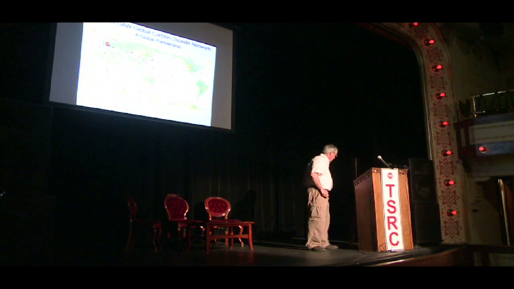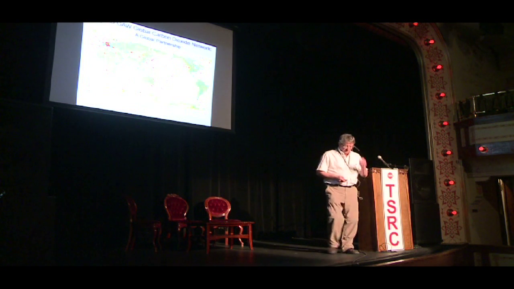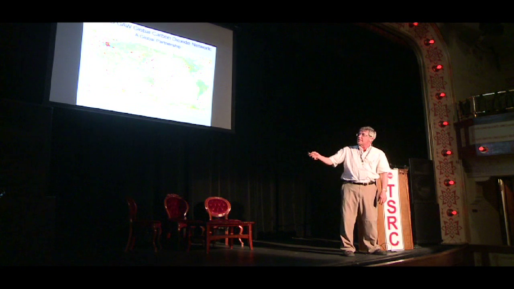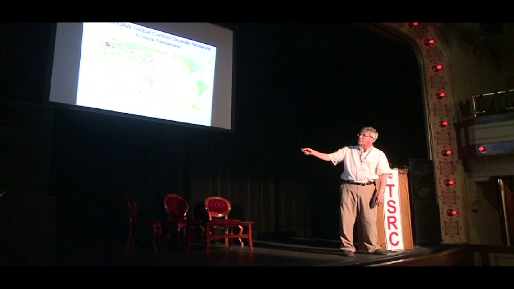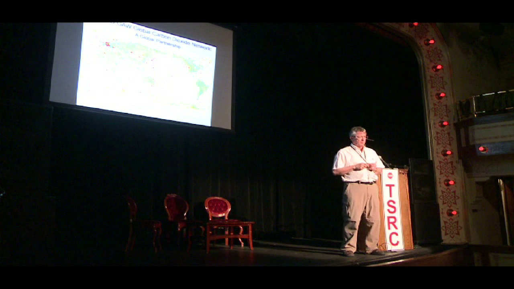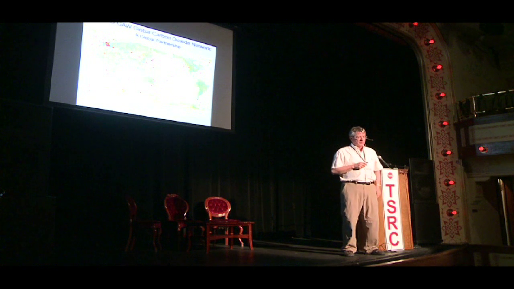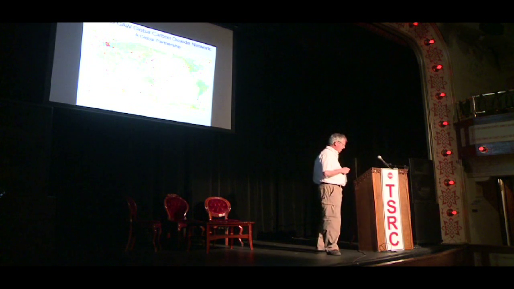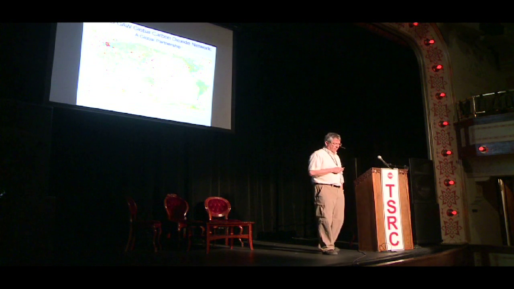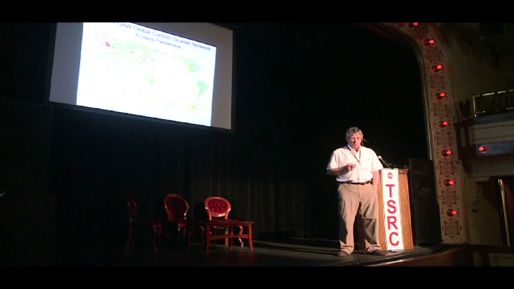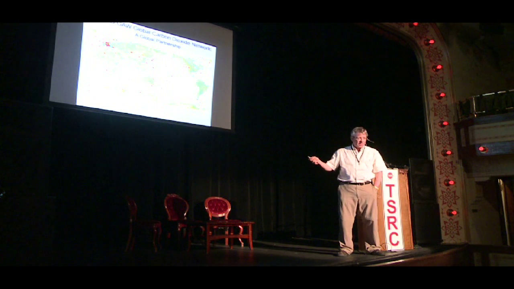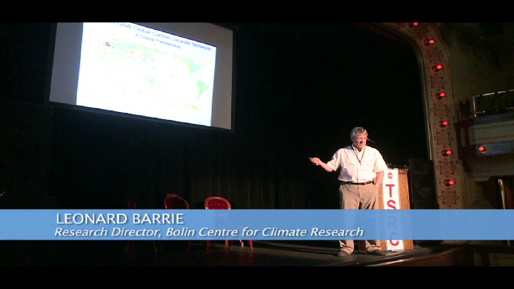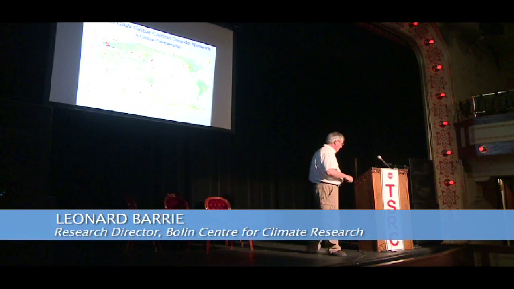I tell you this because, closer to home, this is the ground-based network for greenhouse gases. This is ship tracks, but all the rest are surface-based sites. About 70% of these are run out of a program in Boulder, the Global Monitoring Division of NOAA. So it's been a mainstay of the global observing system since they took over. Even Mauna Loa is run by NOAA, from Charles Keeling, the famous one, who has the longest CO2 record.